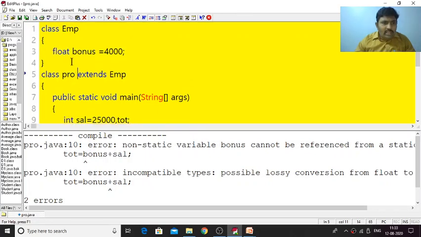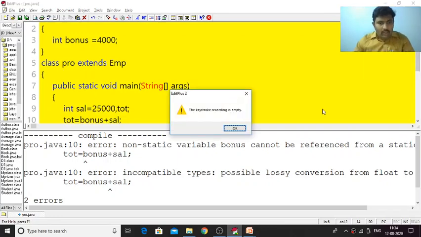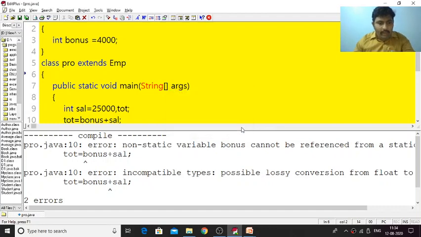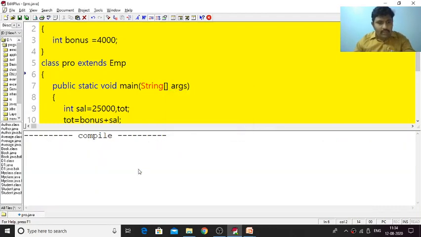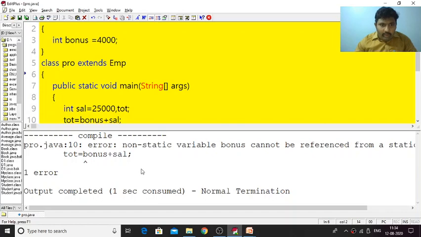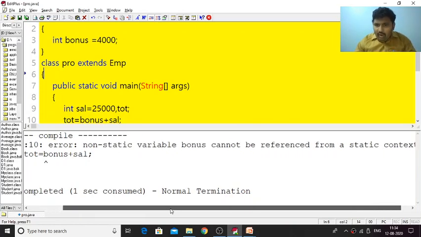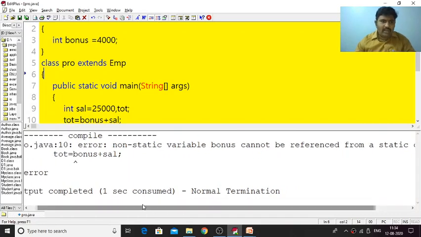So first of all, remove this. Now if we compile this program, one more error is coming. What is this error? Non-static variable bonus cannot be referenced from a static context. Why?